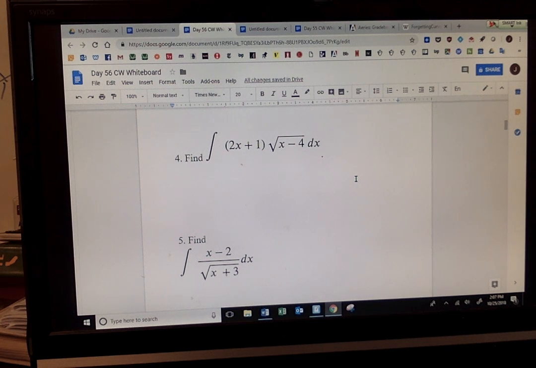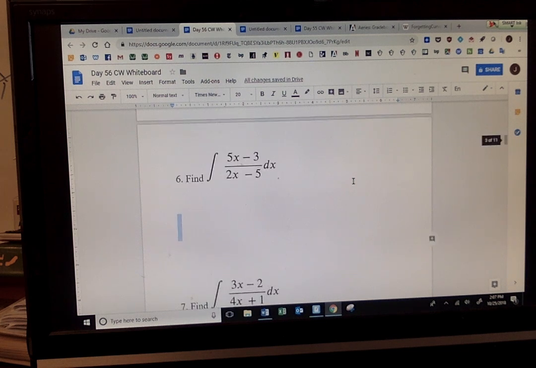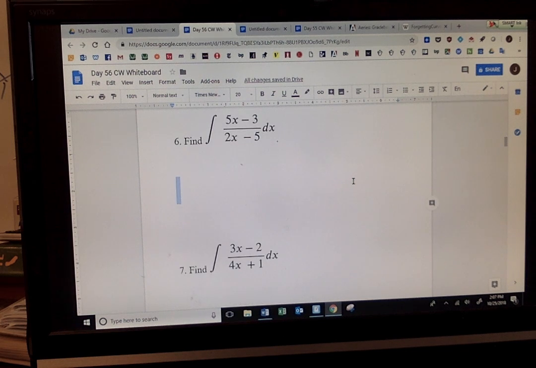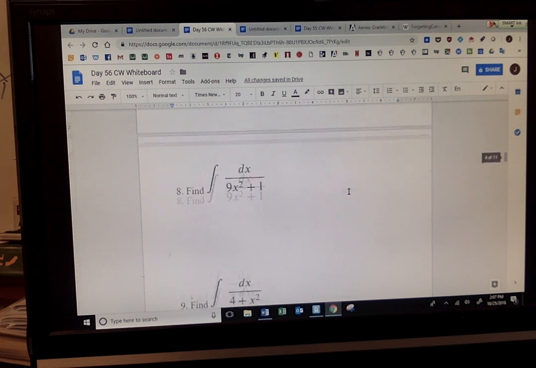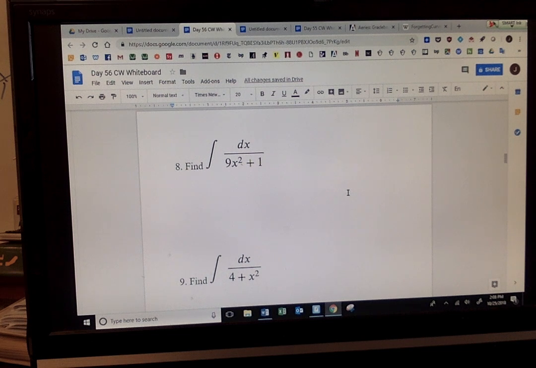We did u equals x minus 4, u equals x plus 3. We did 2 things: we solved for x and replaced those x with that u. For that problem, we distribute. For this one, we split it up, and the answer shows up. And for these problems, when you have linear on top and linear on the bottom, adjust for the LCM and then do long division. Is that clear? Okay, now the big lesson is we're going to do inverse trig.